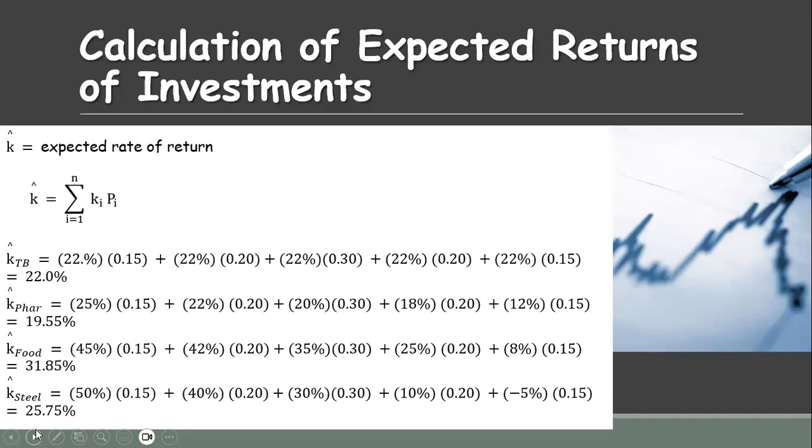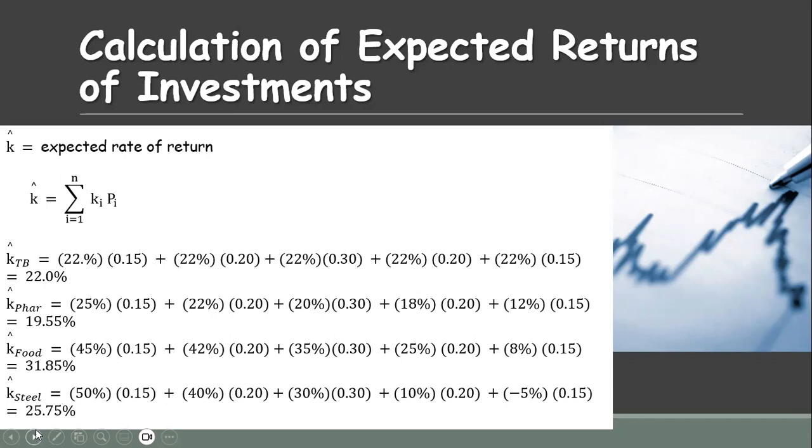In the previous slide, we have a table that includes the possible returns on different types of investment that include treasury bills, pharma, food and steel, according to the different economic occurrences. For example, in the first economic occurrence, the probability is 15%. So we are going to multiply the return with 15%. The second occurrence comes at 20%, so we are going to multiply the return with